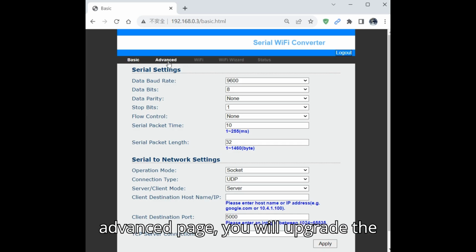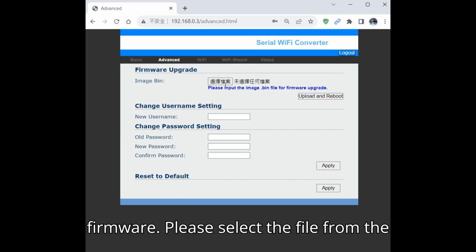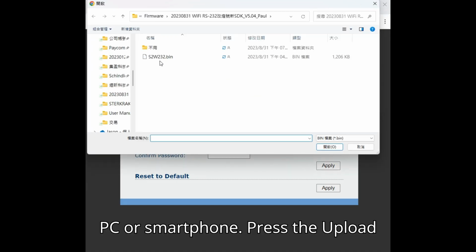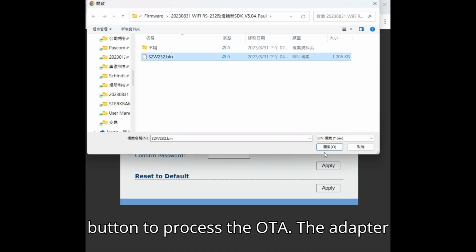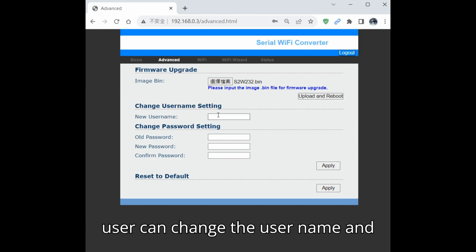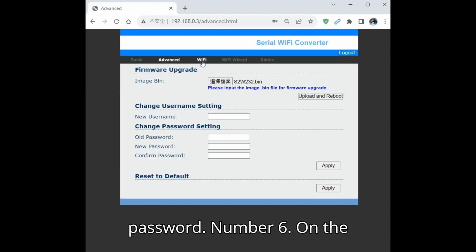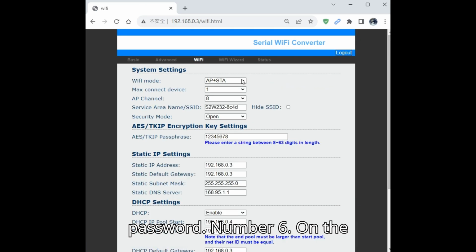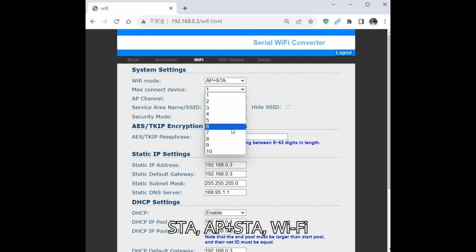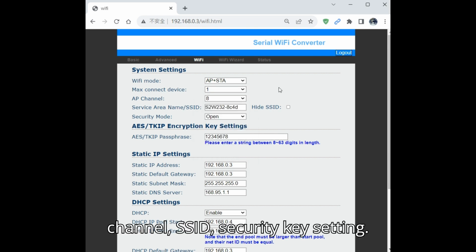5. On the advanced page, you will upgrade the firmware. Please select the file from the PC or smartphone. Press the upload button to process the OTA. The adapter will reboot after the upload is finished. The user can change the username and password. 6. On the Wi-Fi page, you will configure the AP, STA, AP plus STA, Wi-Fi channel, SSID, and security key